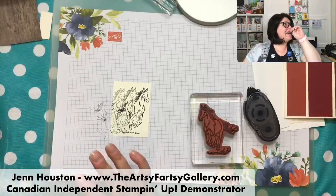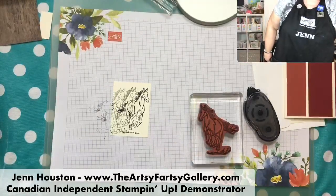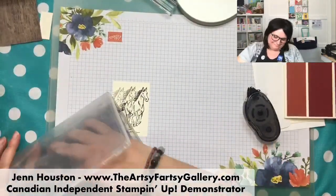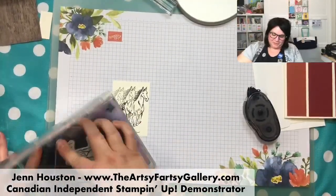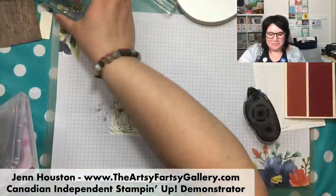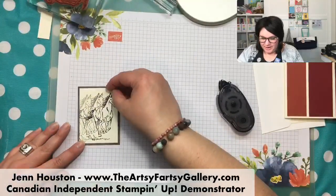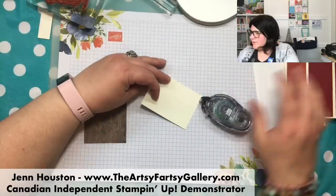Uh-oh, where did I put my... Oh, up here. My Simply Chamois. Oh, and it's all dried out, of course. You know, that's okay. Moving on. We'll be using him again later anyway. All right, so now just to kind of highlight that or put a little frame on it, I've got the wood textures paper, which I'm going to...